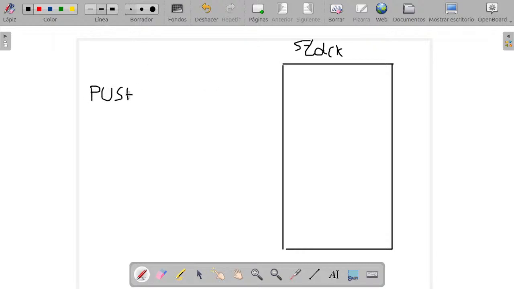Push. If I basically do push 4 like that, this is going to do the following thing. I'm going to have the number 4 here, and I'm going to have my